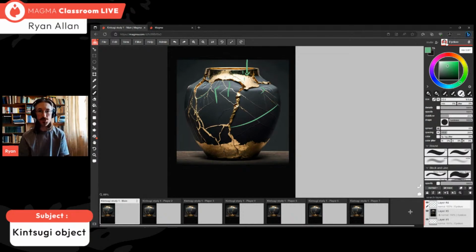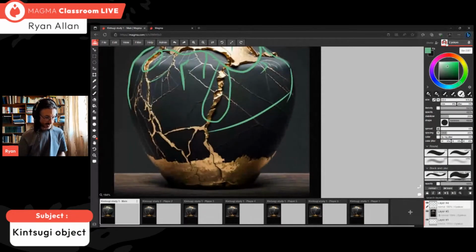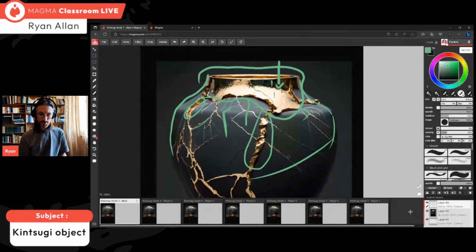We want to get the overall shape first. We get our silhouette in, and then we start adding these bits, especially this section here, this whole top piece. This is a significant bit on top of the surface. It's raised quite a bit. If we zoom in, make my brush a bit smaller, we can see how this is resting on top of